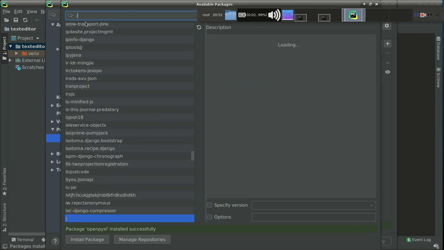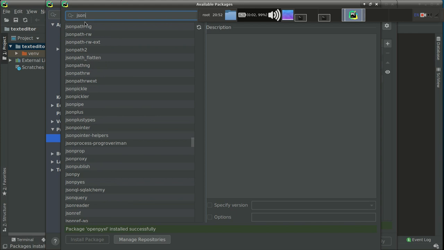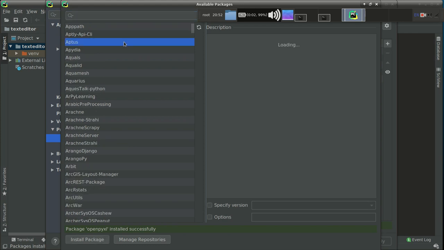Now let's install another library, JSON. I think JSON is also built in, so there is no need to install this. One more library you are going to need is speech recognition.